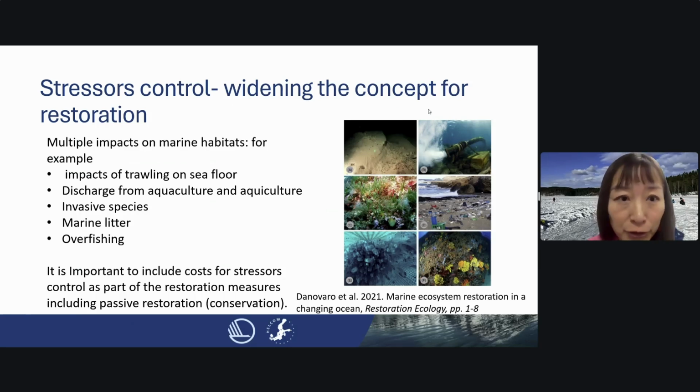We haven't controlled the stressors which could affect the success rate of marine habitat restoration. For example, the multiple impacts that could affect marine habitats, and further affect restoration success, include the impacts of trawling on the seafloor, discharge from aquaculture and agriculture, invasive species, marine litter, and overfishing. So it's important when we do marine restoration to also try to control the stressors, and in terms of the costs,